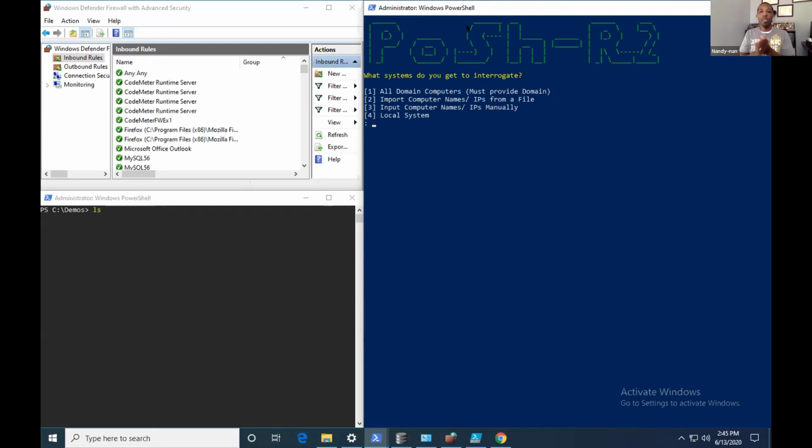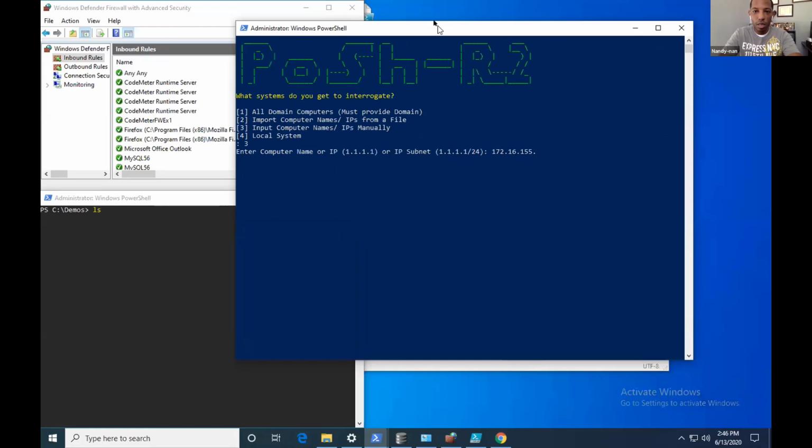All right, so once we get it running, we have the ability to utilize systems within a domain, just auto pull. We can import a list based upon a file. We can feed it CIDR. We can do the local system, or we can do IPs individually. I'm going to do individually, and that system, that other one, it's going to be .200, all right?